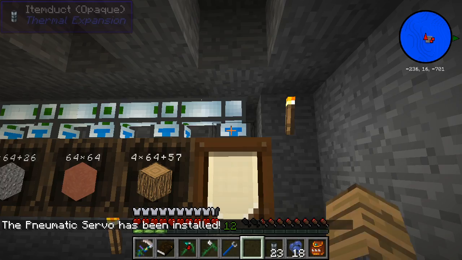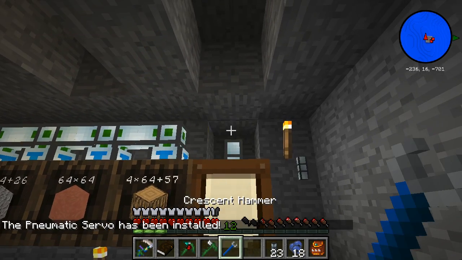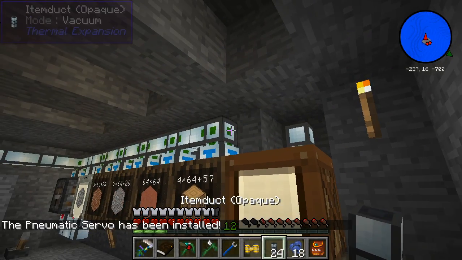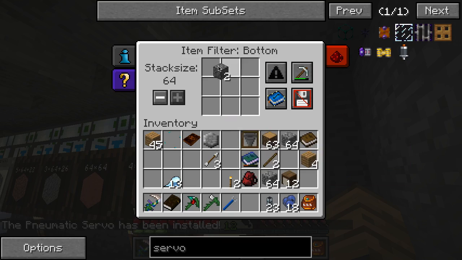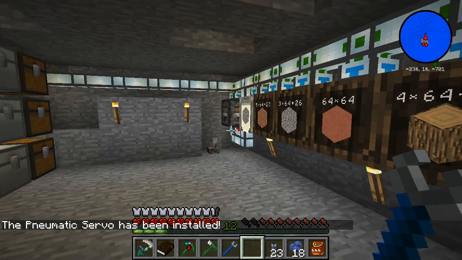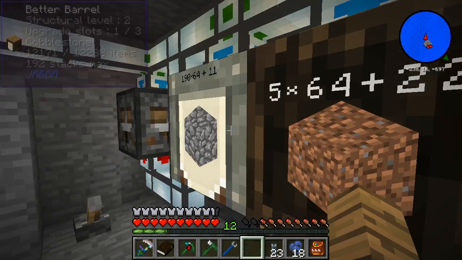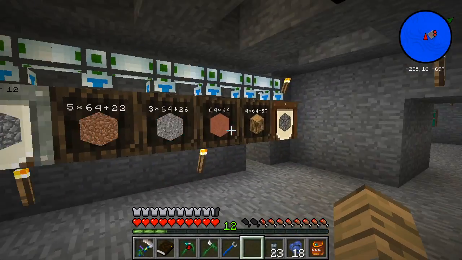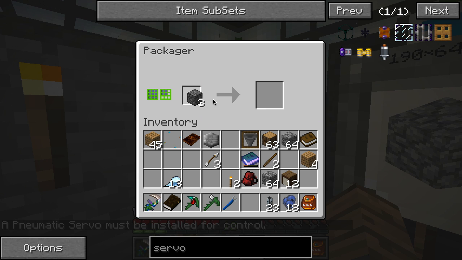Because what we're going to do is make this a sink for it as well. Oh, I did not mean to do that. What I meant to do was take that and make that as well. So this will just give us a second place for compressed cobblestone, which is fine. So we'll have two. We'll have this one and we'll have that one. So hopefully what this is now doing is taking the cobblestone, compressing it,